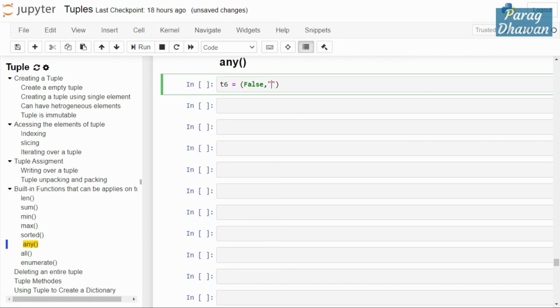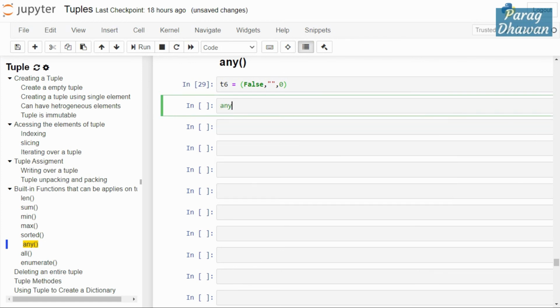Single quotes means null. Here you have 0. These values are considered to be false. If all of them are false, then any of T6 will output false.